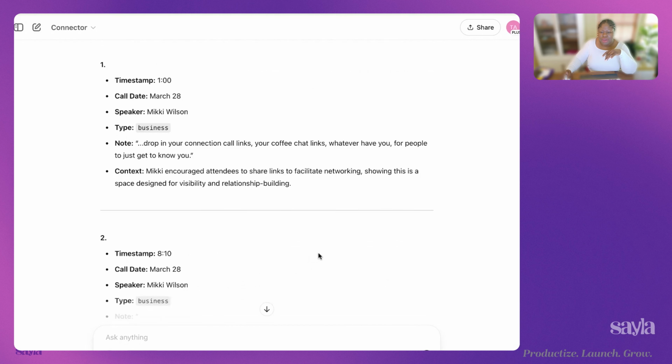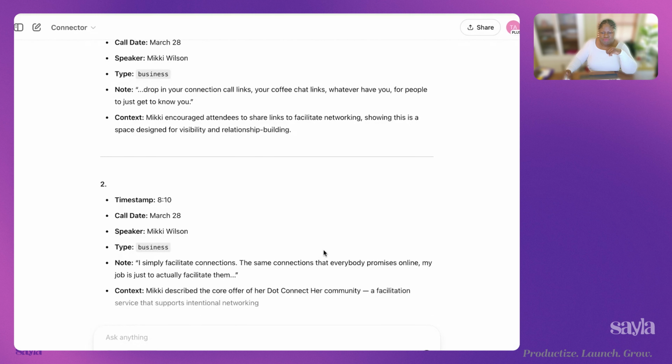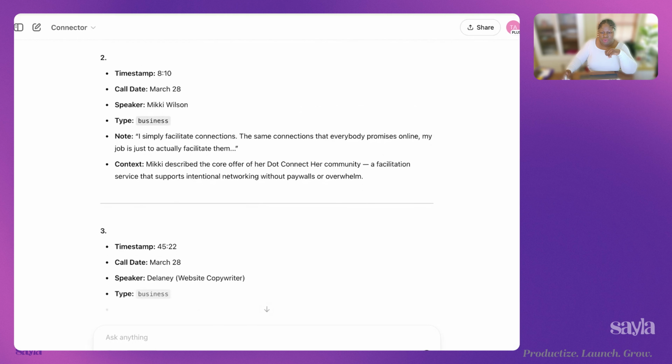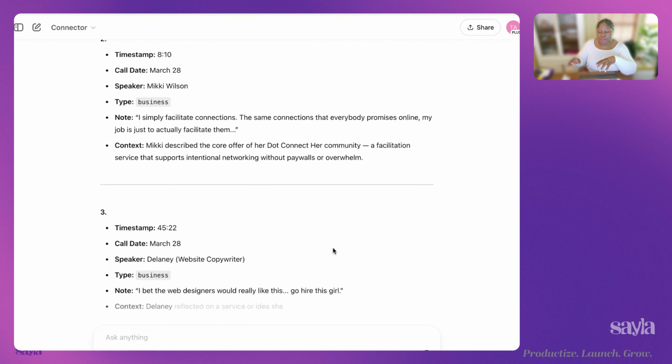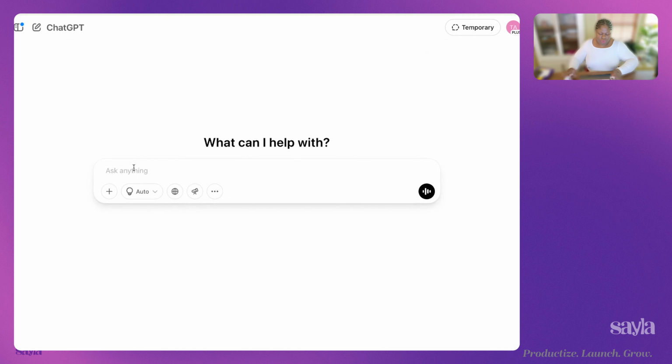It's going through trying to find what it can. It's finding Mikki. Let's see. All right, so it's going to go through and take its time. Now, if we actually wanted to make this super smart in a different chat, for the sake of time, I'm going to start this in a different chat, so we'll see.